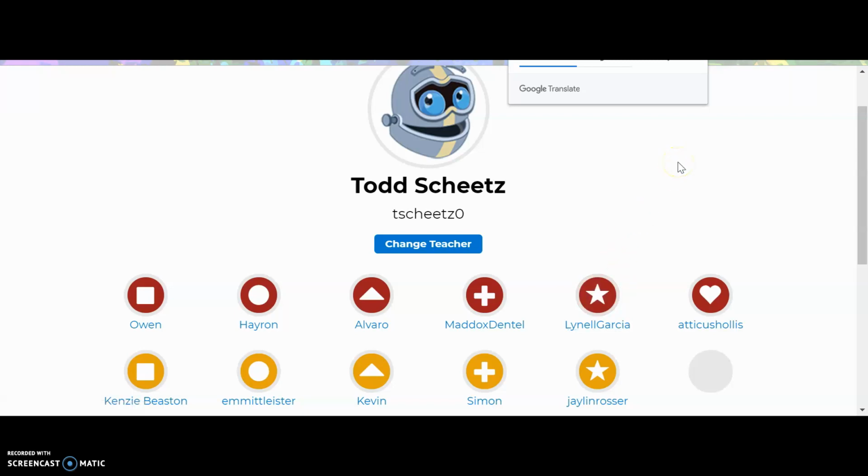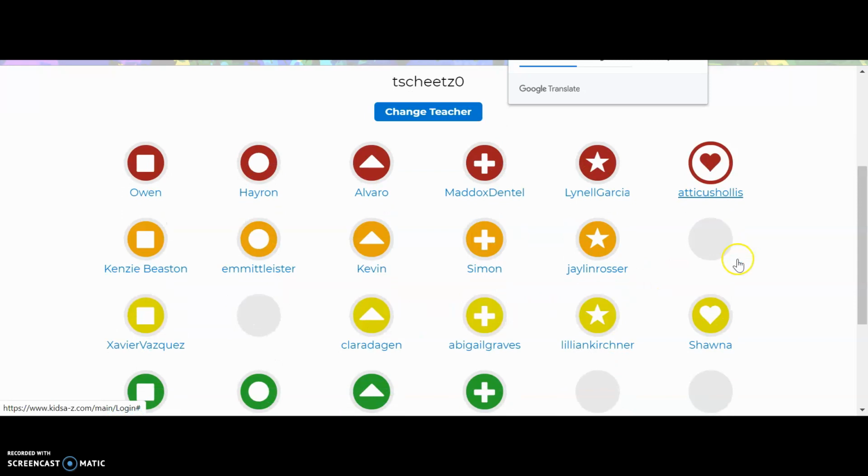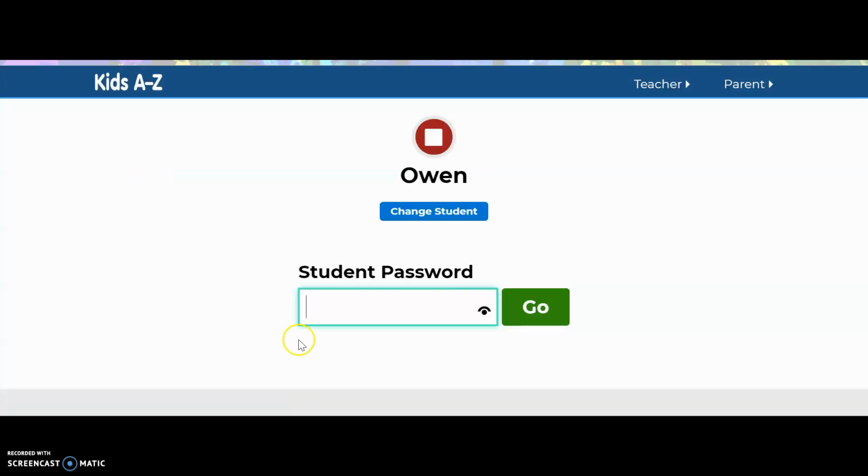Again, you should only be clicking on your name, but this is last year's group of kids, just so you can see what it looks like. Each of you will have your own little symbol and your name underneath it. Find your name. I'm going to use my son Owen. When I click on Owen, it's going to ask me to put in his password, but you'll do your password, of course,